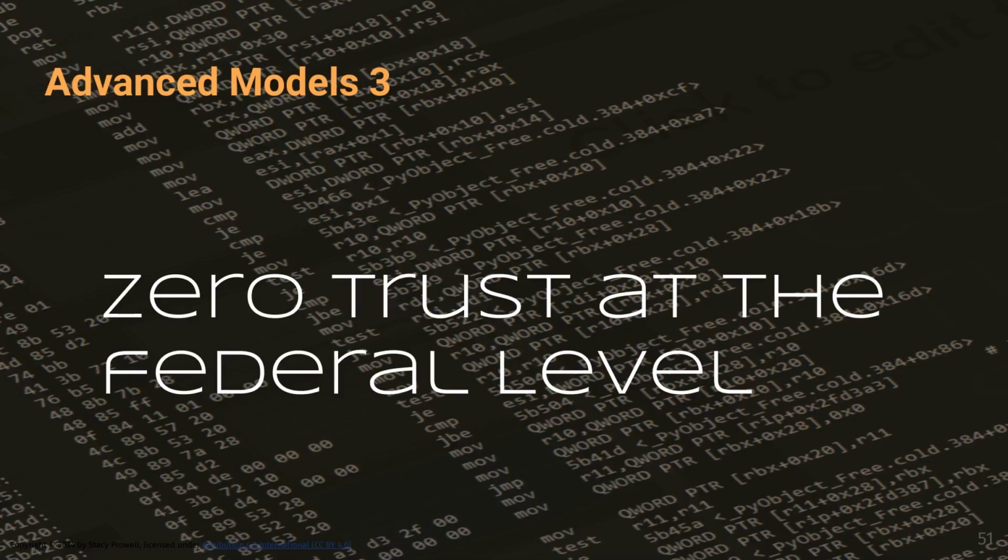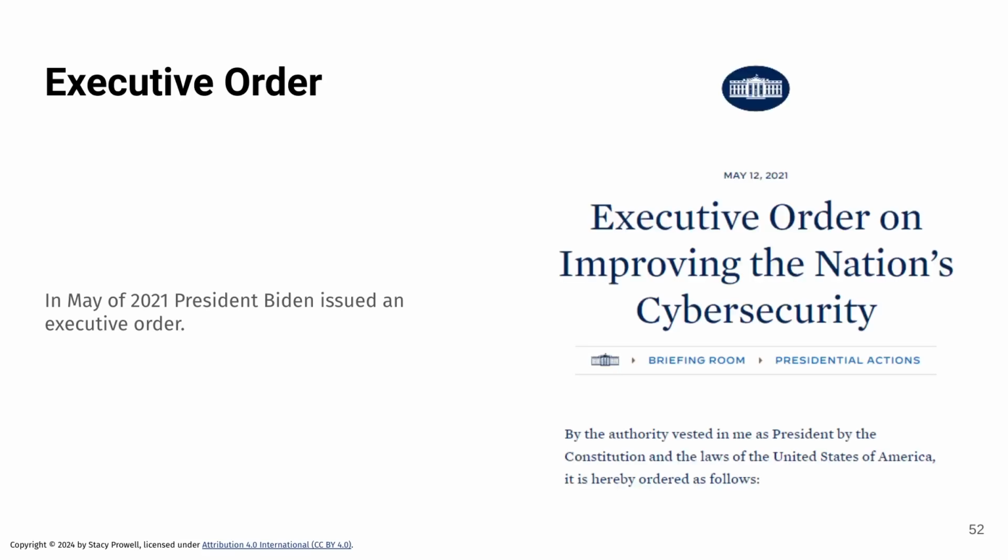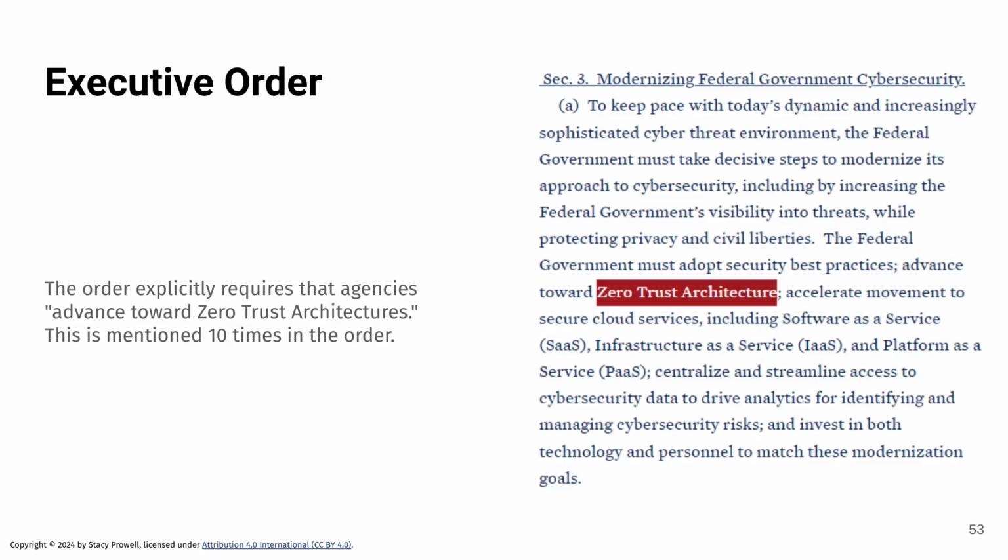Let's talk about zero trust at the federal level. So in May of 2021, President Biden issued an executive order. The executive order was about improving the nation's cybersecurity. Okay? And it's got a lot of stuff in it, but in particular, it mentions zero trust architecture 10 times, right? Clearly, something about this has crept into the brains of the people at the federal level,